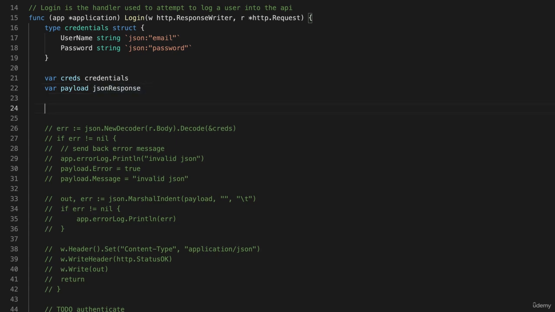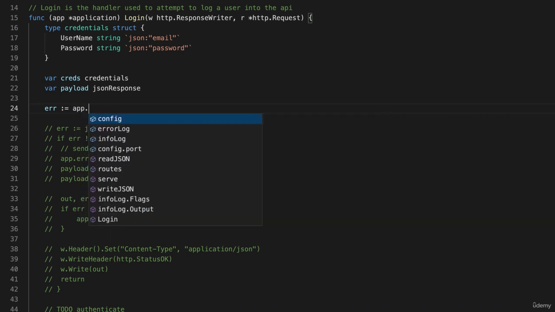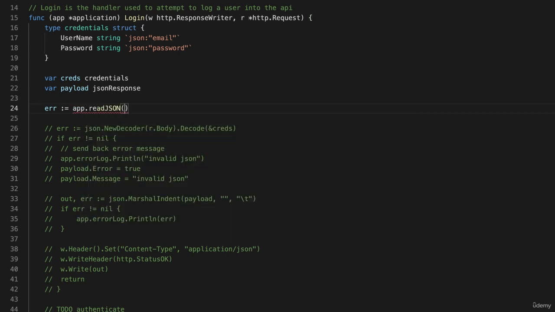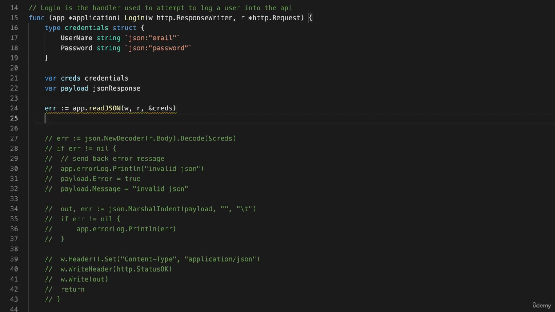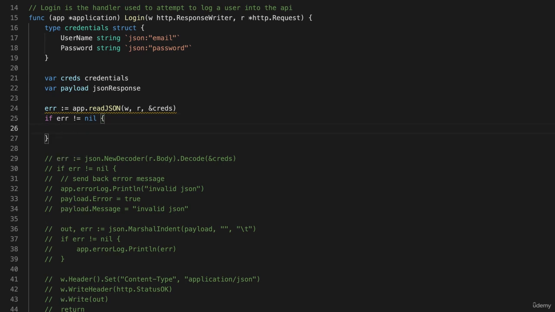Let's instead come here and say error is now assigned the value of app.readJSON. And of course, that requires w and r, and it requires what we want to decode the JSON into. And this is where we hand a reference to creds. And now we check for an error. And again, this is simplified as well. If error is not equal to nil, then we'll just say